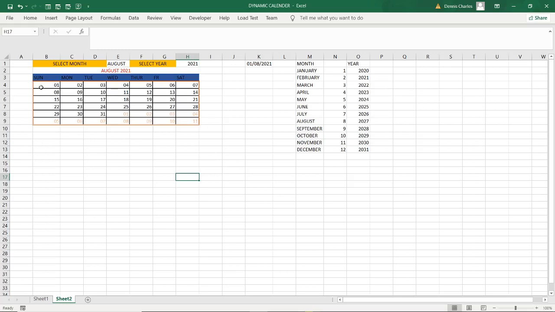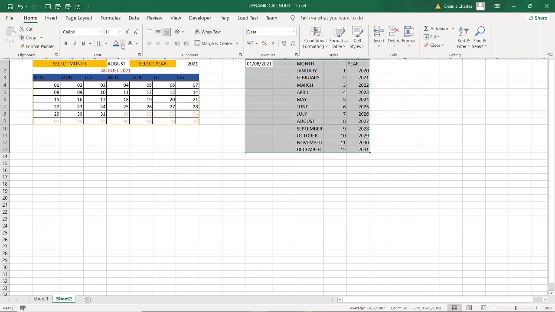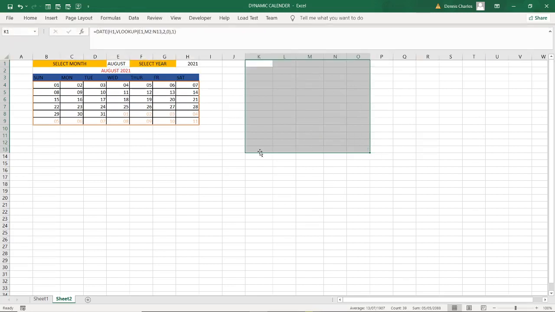Now you can do further. There are so many things that you can do in your calendar. I can decide to hide this by using the font color here. I use white, and it is gone.